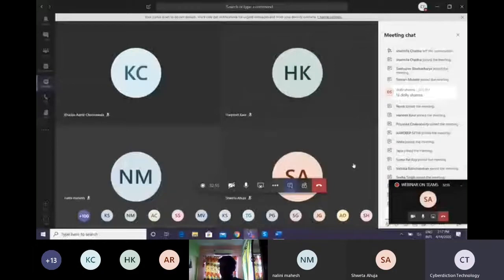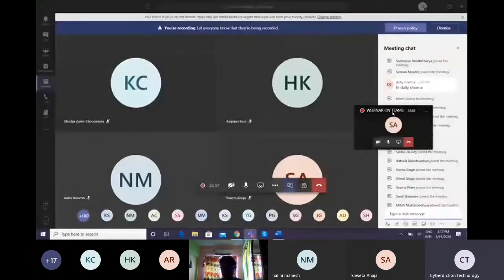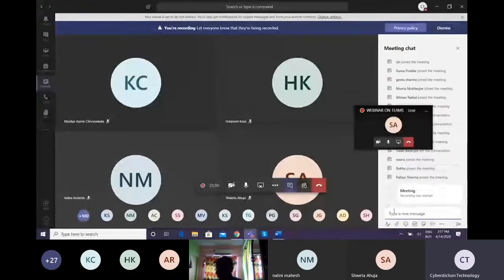Now, secondly, this is the conversation window also. In between, if you want to push any notification on anything else, so that everybody can see, you can also do the similar kind of thing with your student. You can just put the notification, meeting has started. Somebody has already written, meeting has started. So I'm going to write it down.